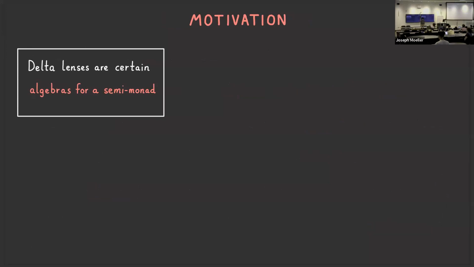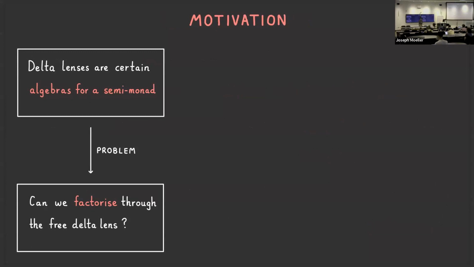Okay. So we have this monad without a unit. We look at certain algebras for it, we get delta lenses. This is not really satisfying if you're a category theorist. We like things to be algebras for a monad. No one really talks or cares or looks at semi-monads at all. So that's one problem. Another problem is that because a semi-monad doesn't have a unit, there's no way that we